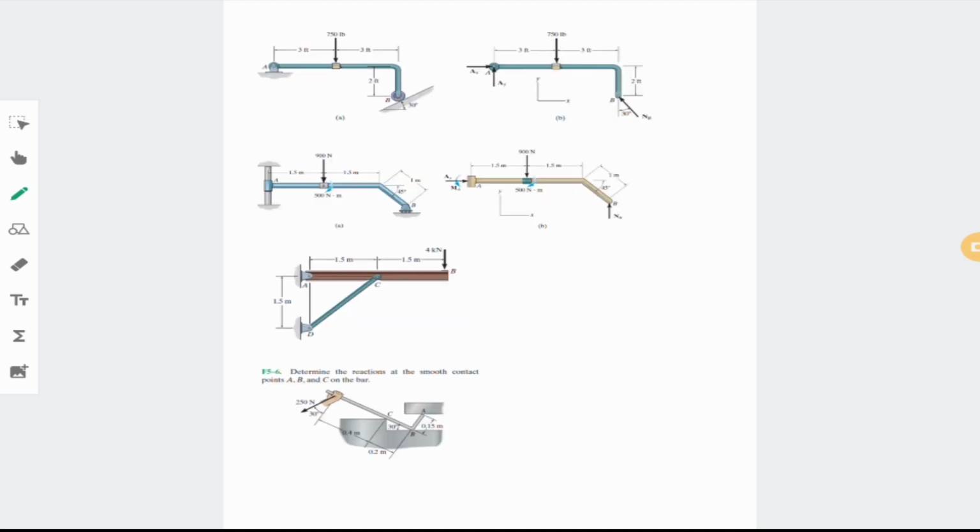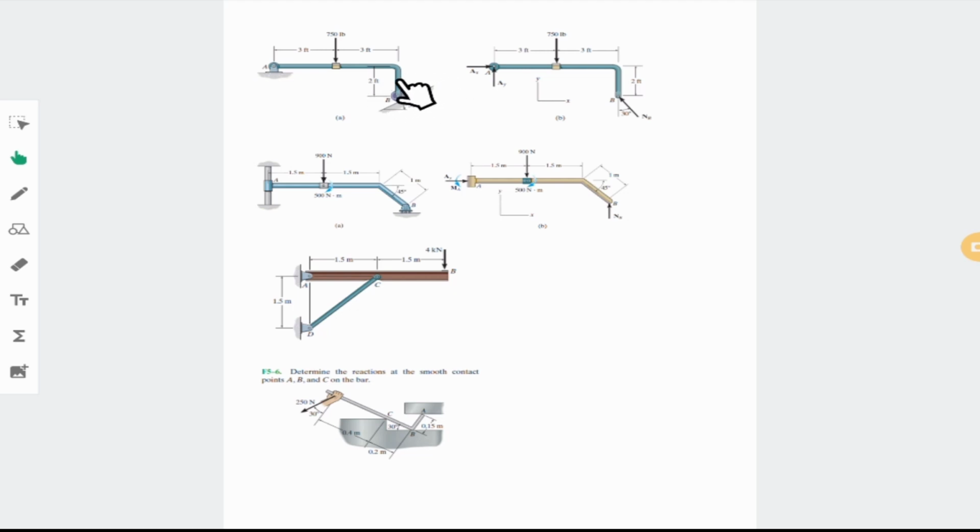Okay, some more examples here. Let's go through this one and see what we need to do. Here we have a hinge which is known, and we know that the hinge has two reaction forces. Here we have a roller or something like a wheel, and you need to consider this